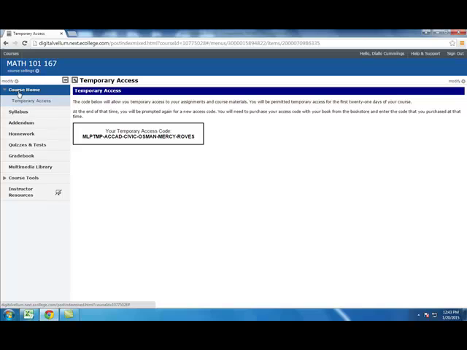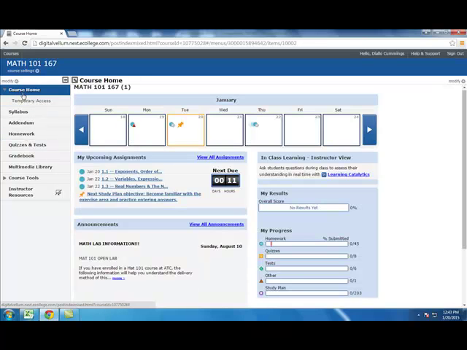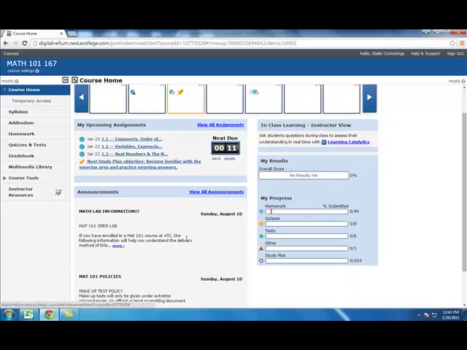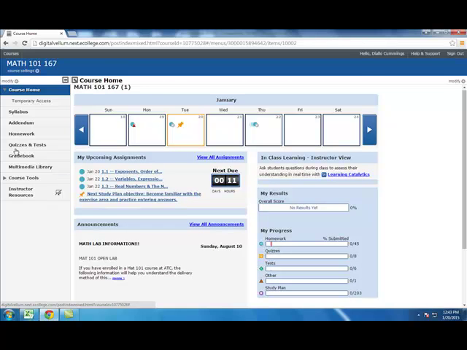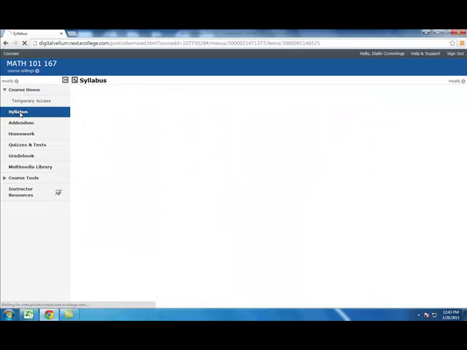Now we'll take a look at the tabs that are on the left hand side of the course. And the very first tab is the course home tab, and the course home tab is the first page in which you'll arrive. In general, I'll put announcements on this announcements page, but for the first week or so of class it just reads some general announcements. The very next tab is the syllabus tab,